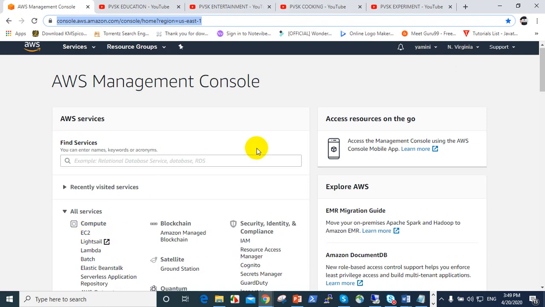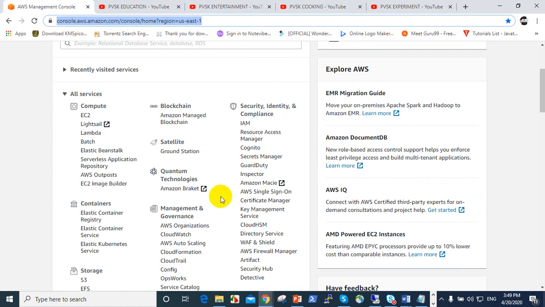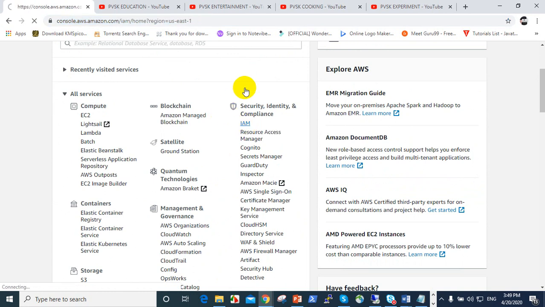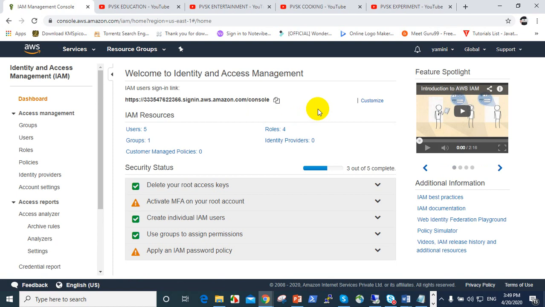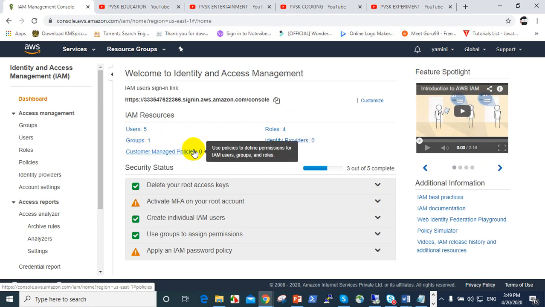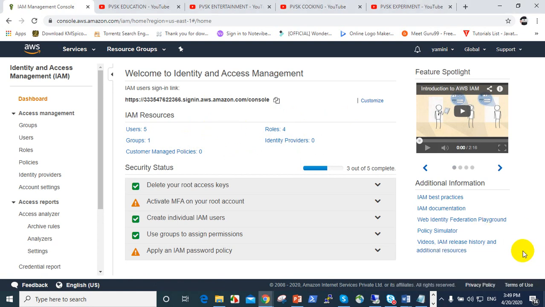Let us go to IAM. Let us check the IAM. It is under Security, Identity and Compliance. We use IAM especially to create separate users to log in and use this account. This is the main purpose. Overall, we have 5 users up to now, one group, and 4 roles. If you want to set a role for a user, you can do that so they are able to access this account. Let us go to users.